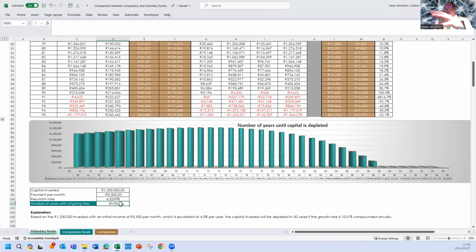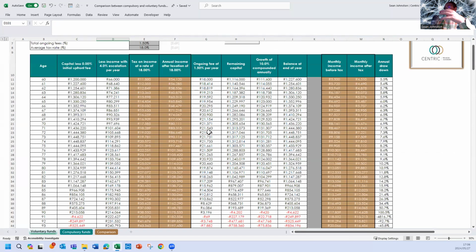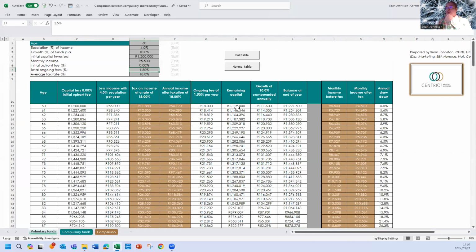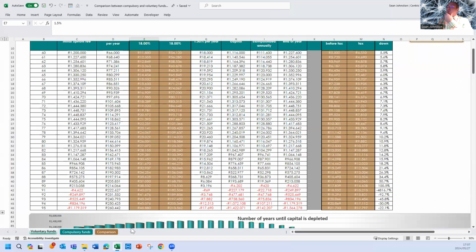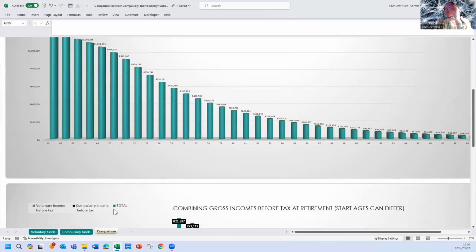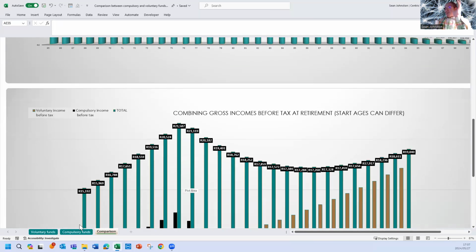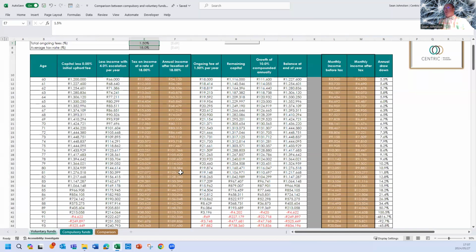There's actually a time value of money calculation here that works independently from this. This here performs exactly the same thing that a time value of money calculation would do if you were to put it into your HP 10BII. It works exactly the same way. Only difference, of course, is you need to minus the fees off when you do your growth. So in other words, you take 10 minus 1.5, and then you work out the resultant rate that way. But the point is, you can use this now just for education purposes to better understand the difference between the different fund types and how you would navigate choosing which.